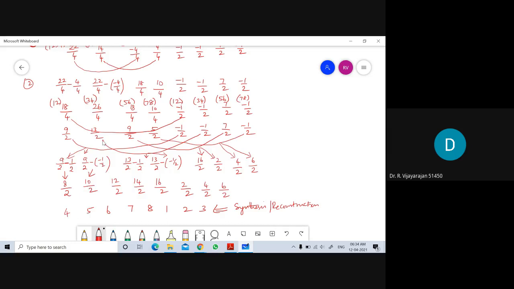Similarly, you combine the approximate and detailed coefficients related to 3, 4, that is nothing but 13 by 2 and minus 1 by 2. So we get 6 and 7. Then you do the same process for the approximate and detailed coefficients related to 5, 6, the 5th and 6th values present in the given index. Then do the same for 7 and 8. So we can get back the reconstructed sequence. So this is one example of Haar wavelet decomposition and synthesis. Similarly, you can solve any given sequence. Thank you.